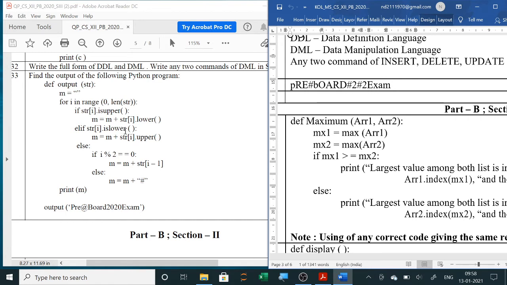If it is lower, a small letter, it is making it upper. Else, if I, the position, is divisible by 2, means even position, 0 to 4, etc., then the string will be decremented. So in the alphabet it will decrement by 1.